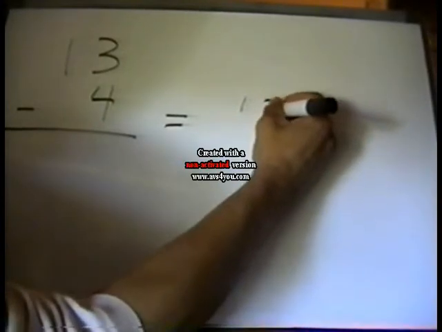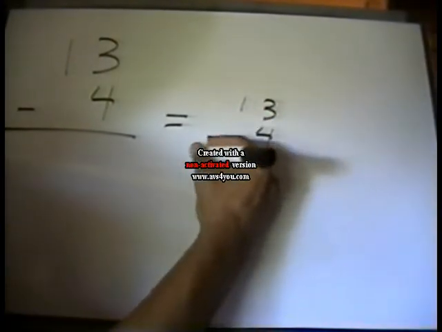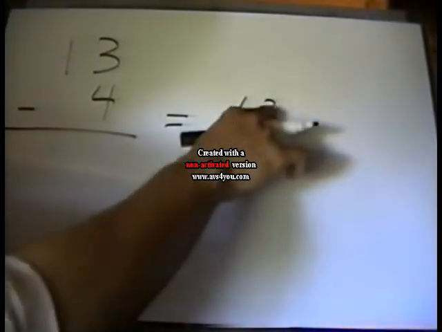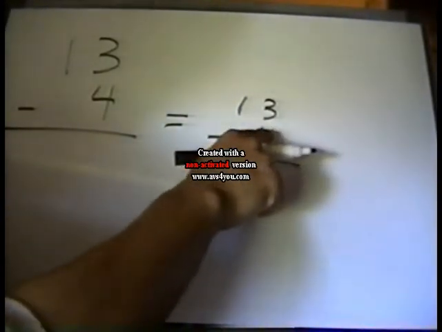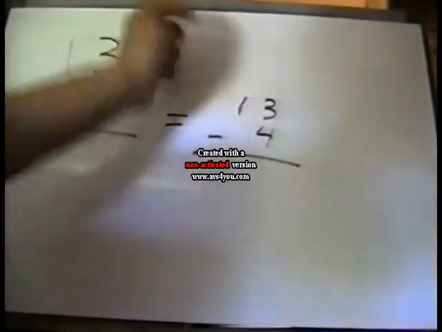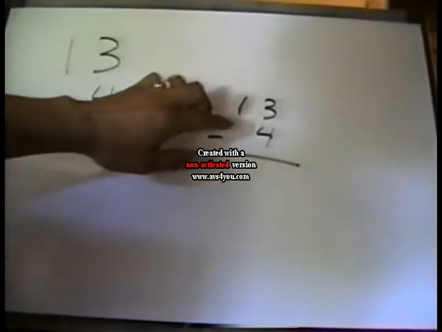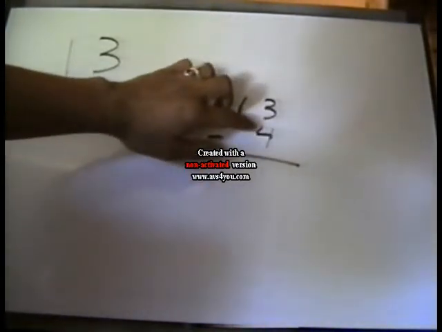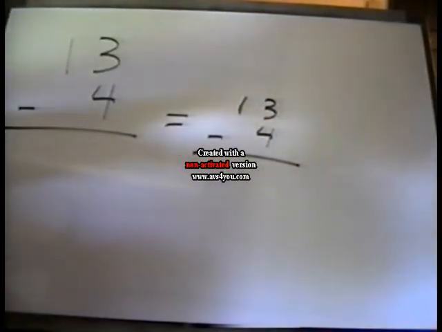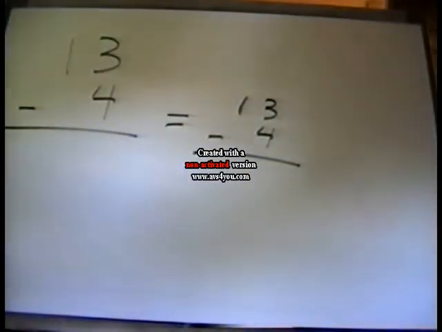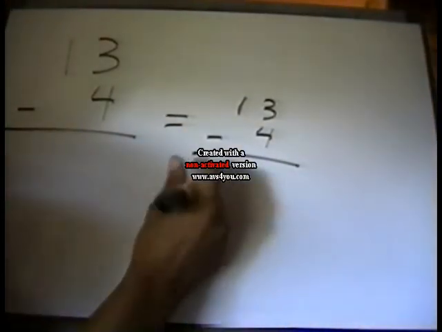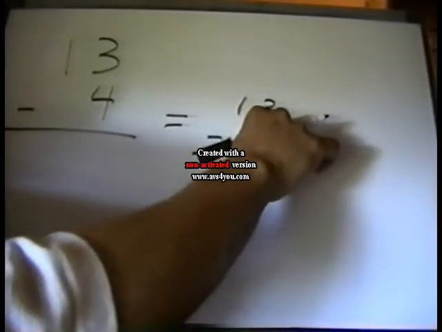13 minus 4. How do we handle that? 13 minus 4. So here, because when we subtract numbers using this method, this vertical arrangement, we arrange them in columns. We subtract this number from 3, 4 from 3. We subtract